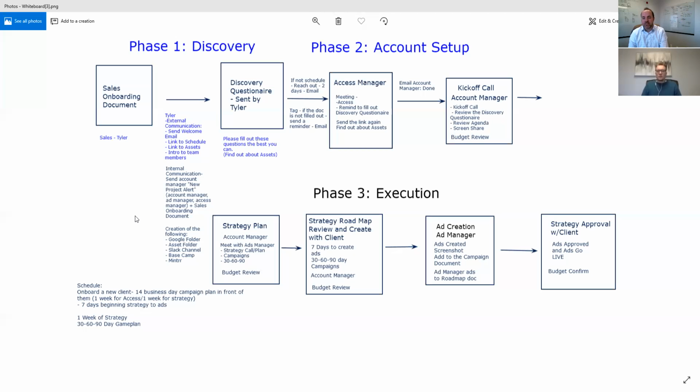So again, this is a 14-day, 30, 60, 90-day campaigns built out and ready so that you can review the roadmap with your clients and basically set the next 90 days up and ready to go. Once you get that review and get approval from those clients, then the ads manager goes back and creates the